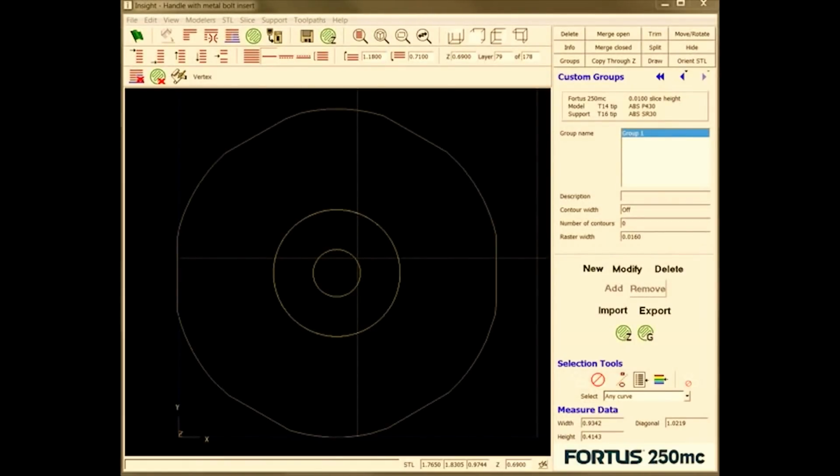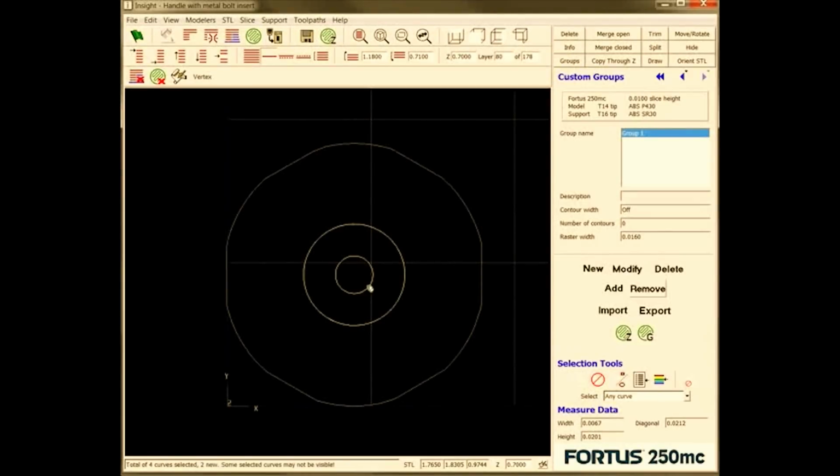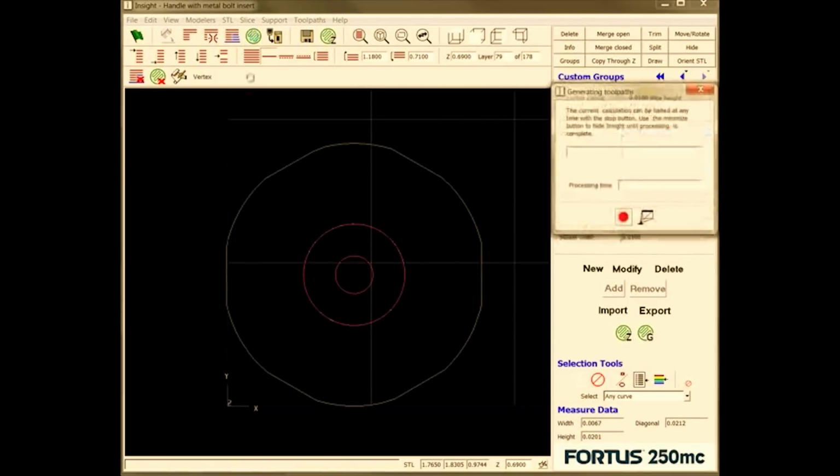So I'll view it from the top, and I will come in and I will select this inner circle, and it looks like it's selecting it all, but you can see that if we zoom in, the other one's not selected, so it's just that inner area. We'll go up 1 and select this one, because we always want to have 2 support faces, and now they're both highlighted, so we want to make sure we add them, and they turn the color of the group. And now we should be able to do the toolpath for our whole job,